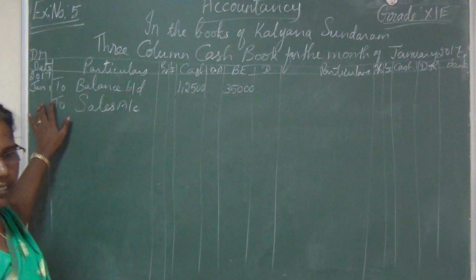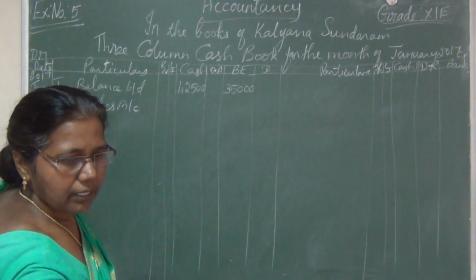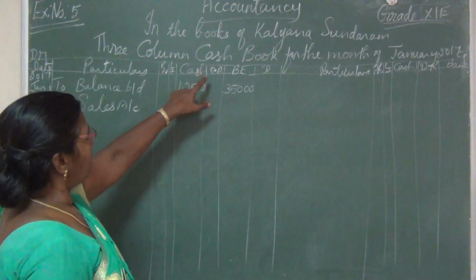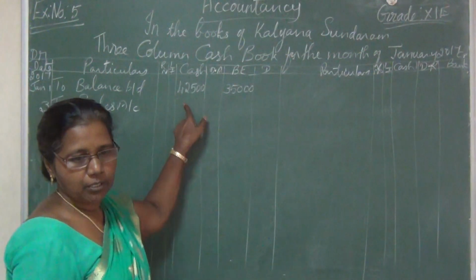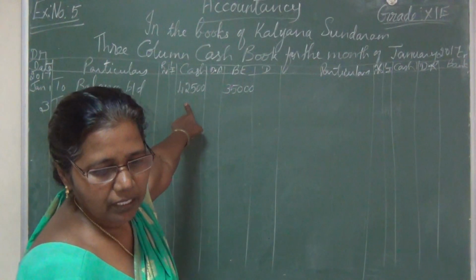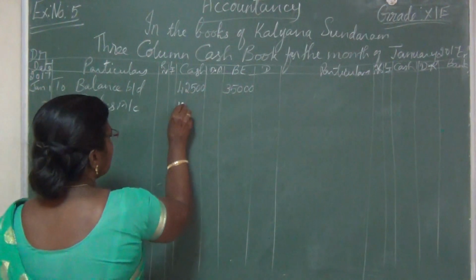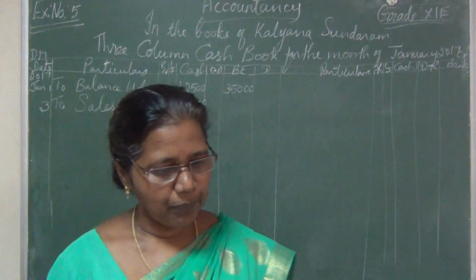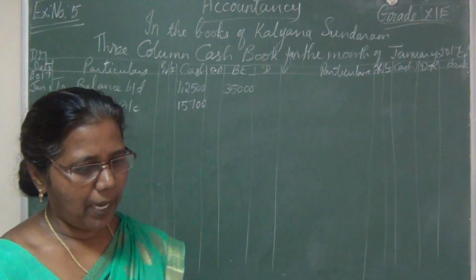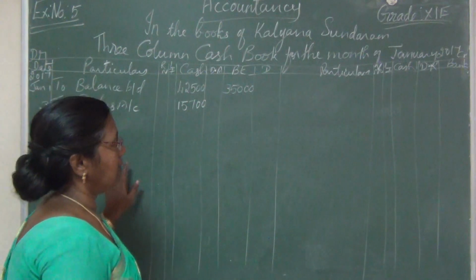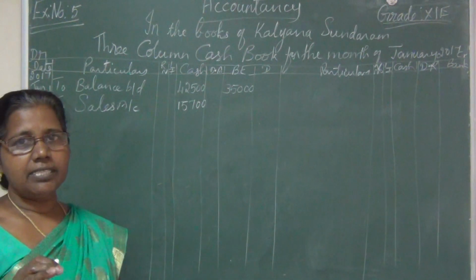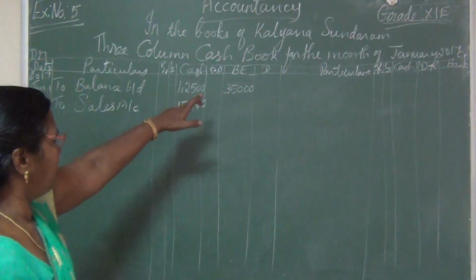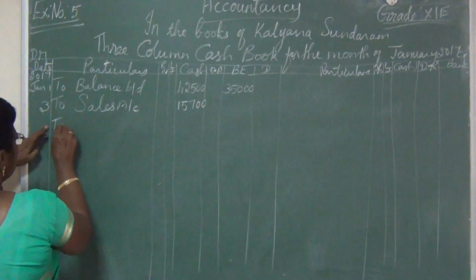Okay, then write first the date. Okay, 3. Now cash account debtor, isn't it? So we need to write the amount in the cash column, 15,700. Okay, then next transaction 4, cash paid into bank. This is the contra entry, isn't it? So cash paid into bank, what is the journal entry? Bank account debtor to cash, isn't it? So bank debit, so to cash.